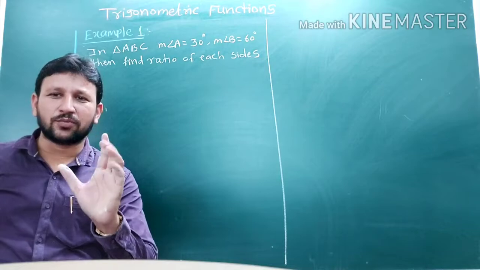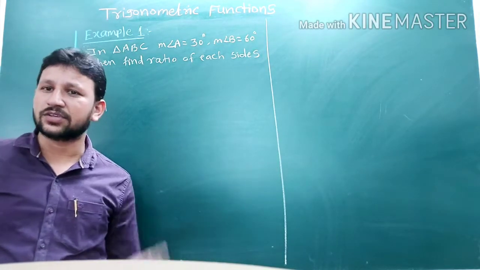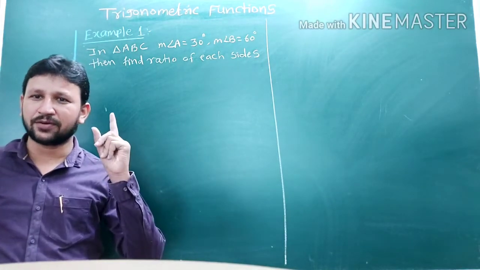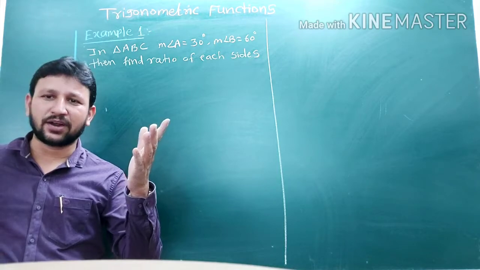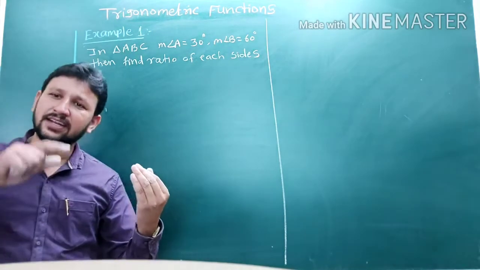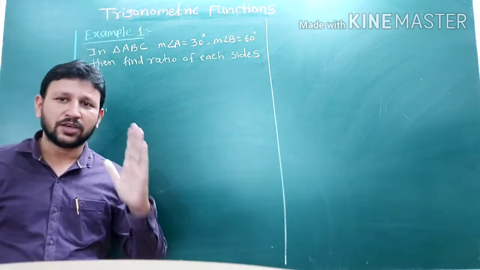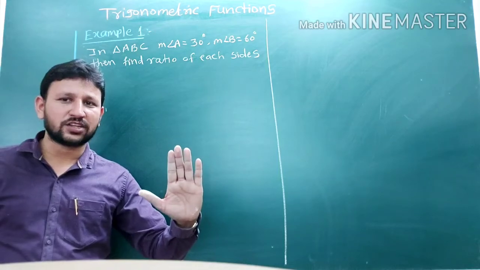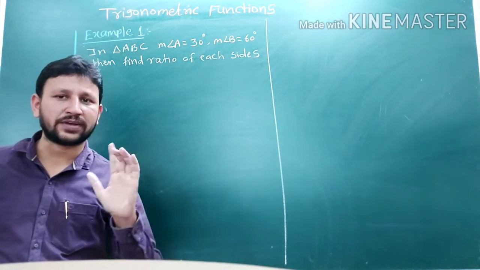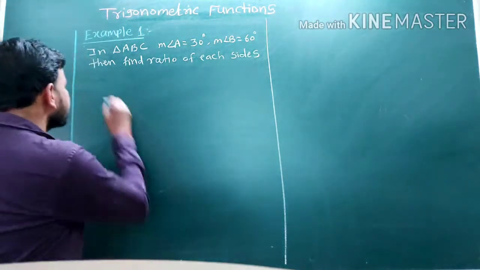For the solution of the triangle, we are not calculating the sides of the triangle. The question is to find out the ratio of the sides. Remember, if you are given the angles, we can find out the ratio of the sides. If you are given at least one side, then the other two sides can be calculated. But here only two angles are given, not the side. So the question is only to find out the ratio of its sides. Let us see the solution for the problem.